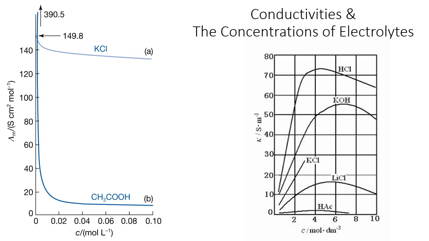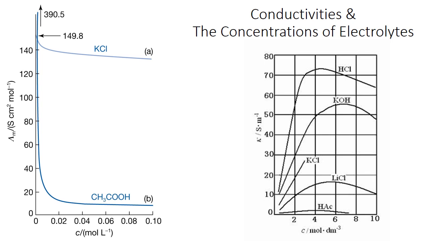So in this graph you can see that the molar conductivity versus concentration graph is given. On the right side, HCl, KOH, KCl, LiCl and acetic acid are given. But from that we will just take 2 examples. One is a strong electrolyte, potassium chloride, and the second one is acetic acid. In the graph you can see that KCl has a higher value while acetic acid has a very low value. But the observation is that at very dilute condition, near to zero, infinite dilution, we will have the highest value of both.